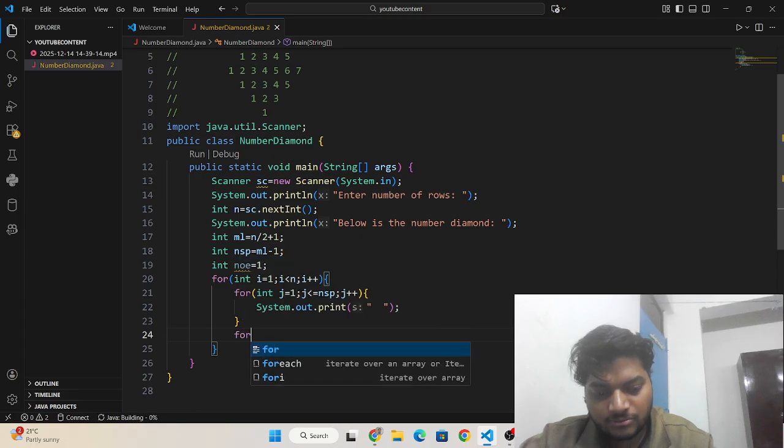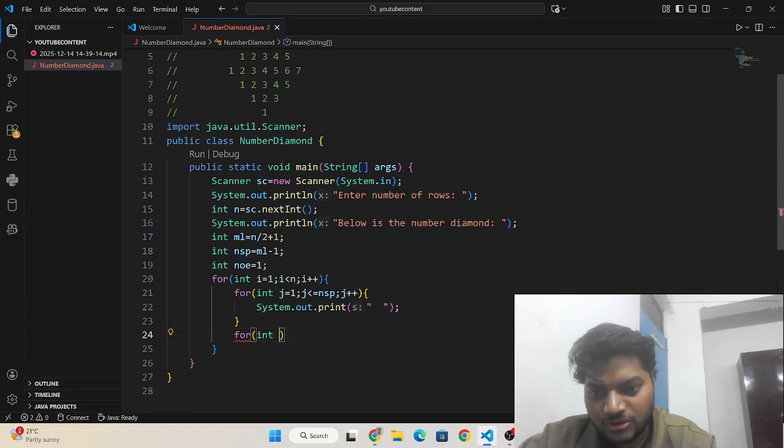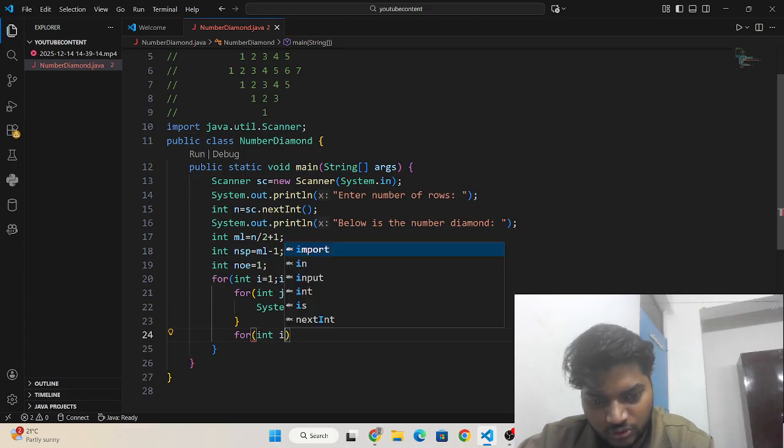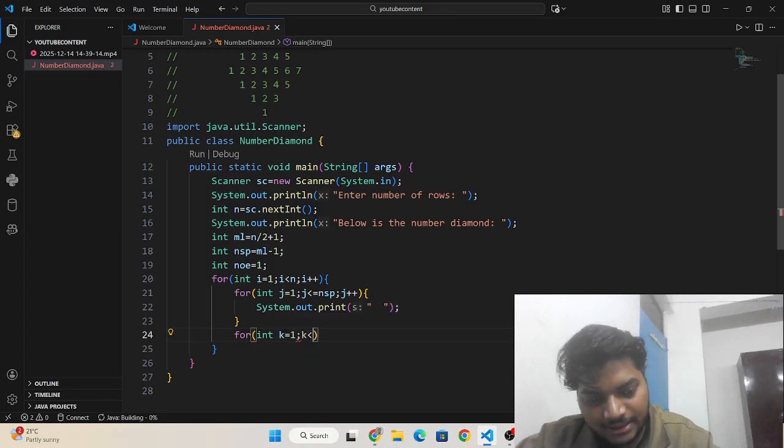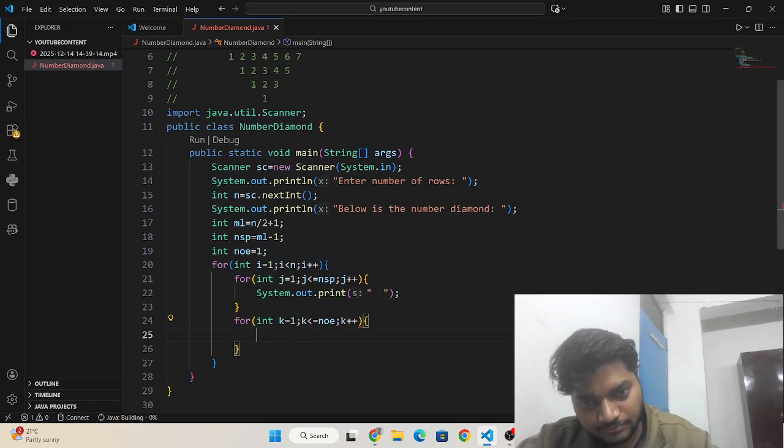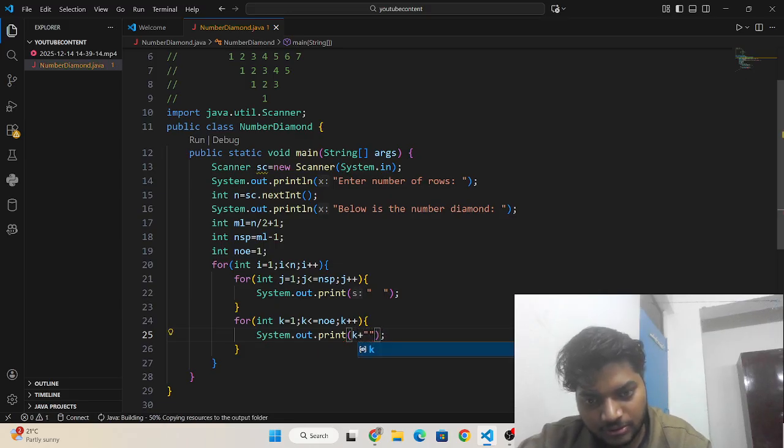And another for loop I am going to write here to print the number of elements. So I need to write here for int k is equal to 1, k less than or equal to number of elements in a row, and k plus plus. And then I need to write here sout, meaning number of element with k. Okay,